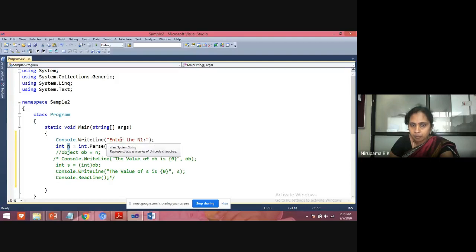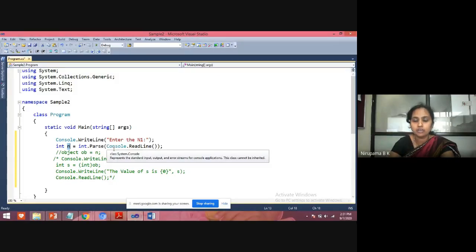With the help of this variable n1, whatever value I take should be parsed as an integer data type. If you want to parse it as float, then you take float. Or if you want to parse it as double, you take double.